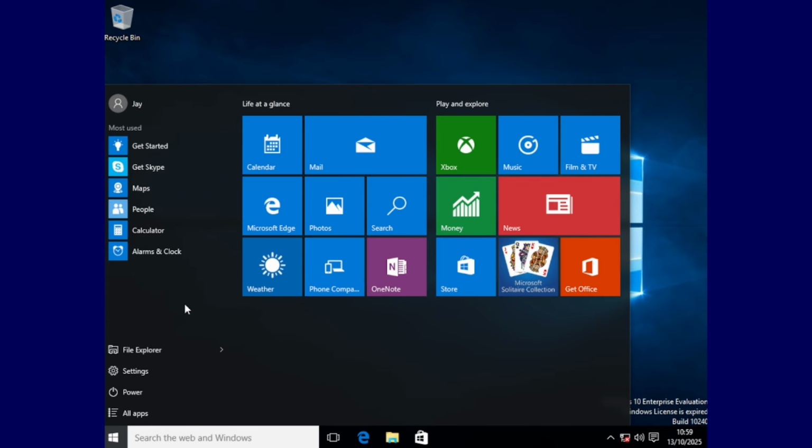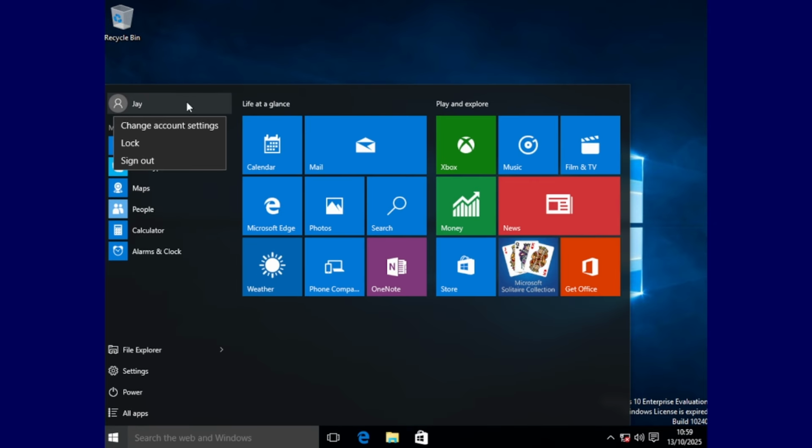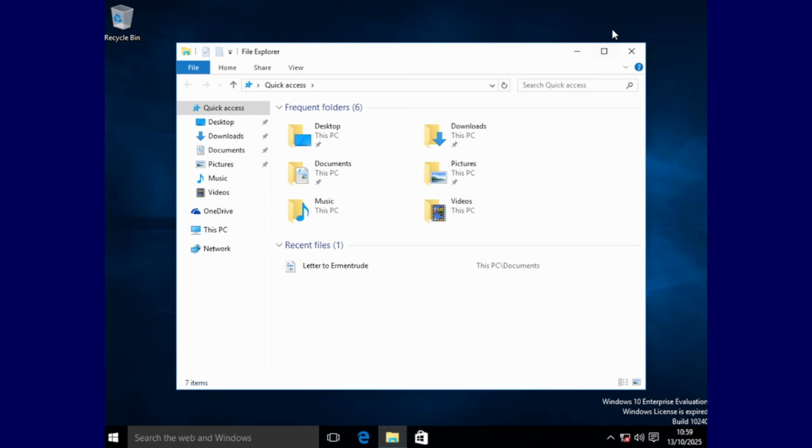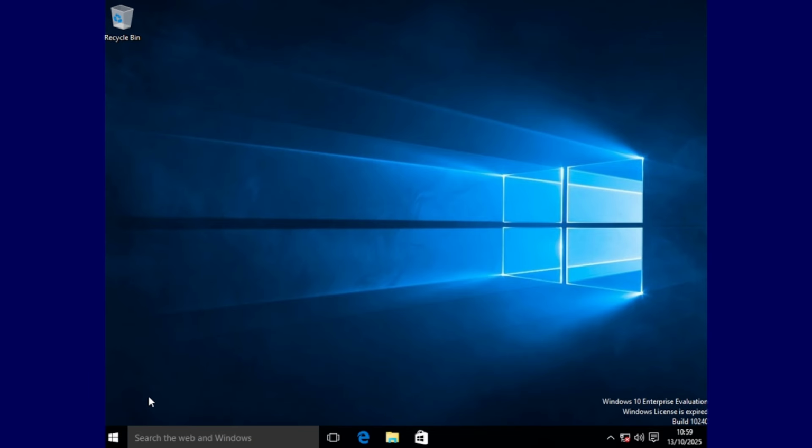But here you go. That is the first build of Microsoft Windows 10. So, as you can see, it is a major improvement over Windows 8 and 8.1. You also got access to the Xbox app, I do believe. I think that came with Windows 10.